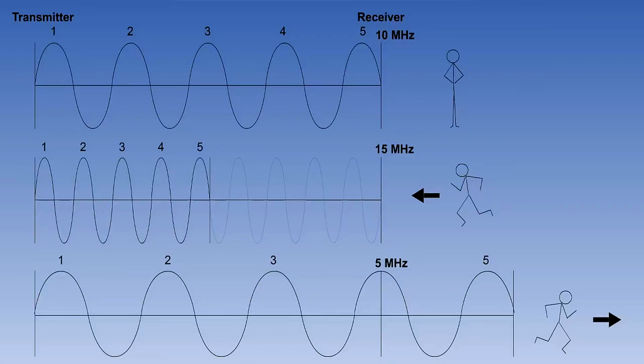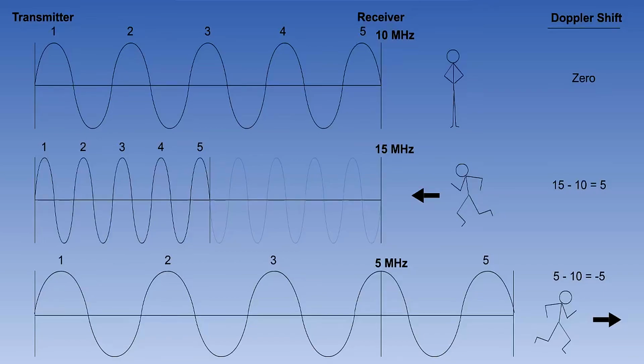Thus, it can be seen that the difference between transmitted and received frequencies is directly proportional to the relative velocity between the receiver and the transmitter. The faster the speed, as objects converge, the higher the frequency or pitch in the case of sound waves. Similarly, the faster the speed, as objects diverge, the lower the frequency or pitch. The difference between the received frequency and the transmitted frequency is known as Doppler shift or beat frequency.